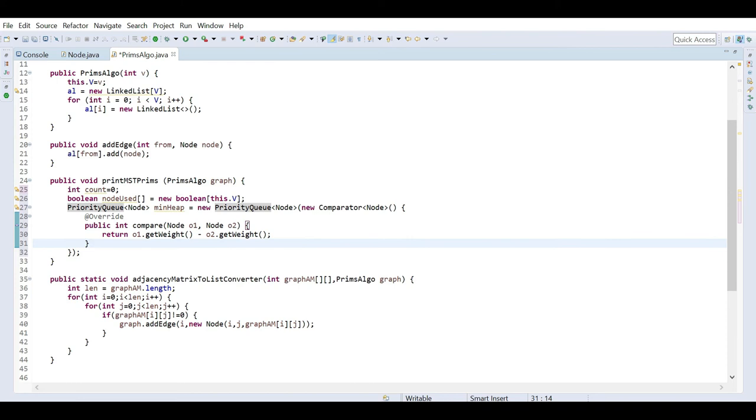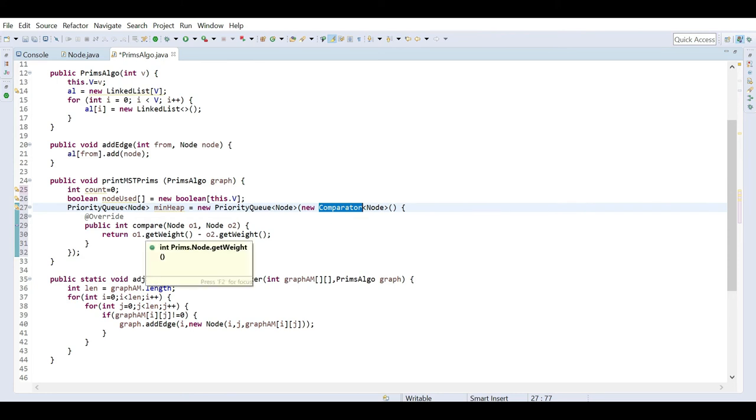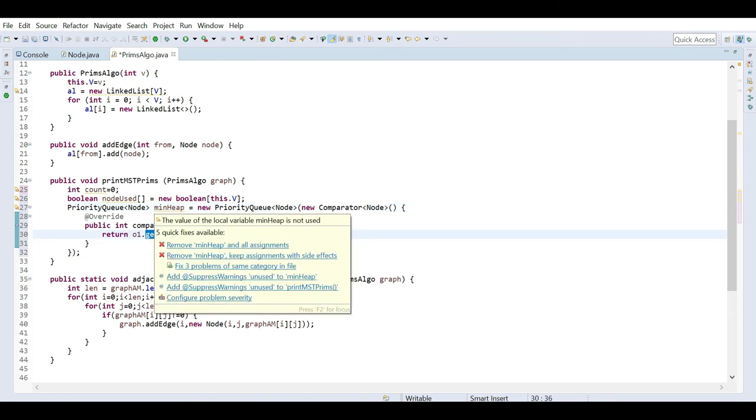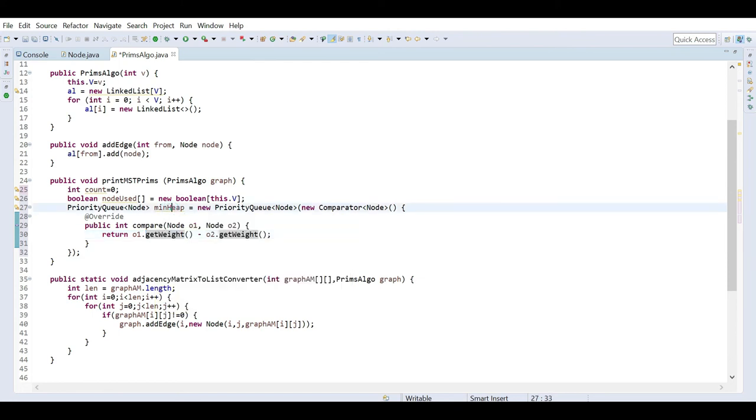The priority queue will be of type node, where I will keep all these edges, and the comparator method I have to pass here, and there I have mentioned that if the weight is minimum, then only the poll method and peek method will work on that. So it will act as a min heap where min is defined as the minimum weight. That is what it is talking about.